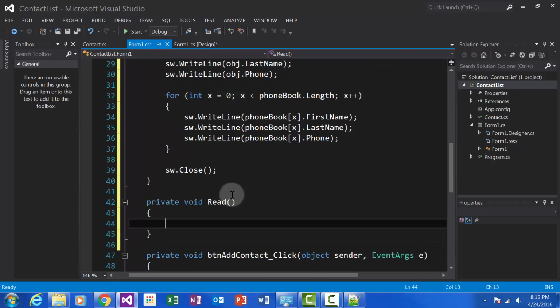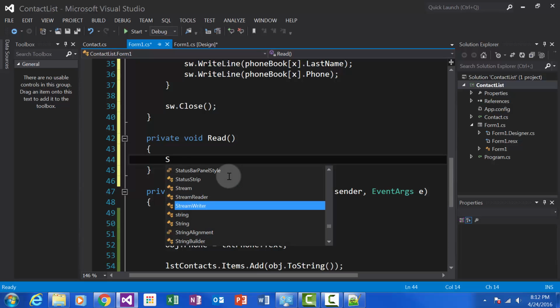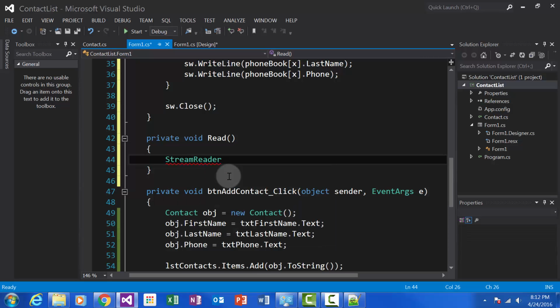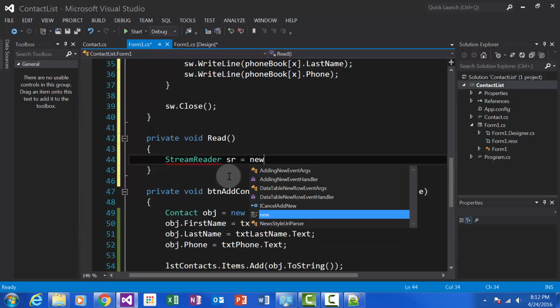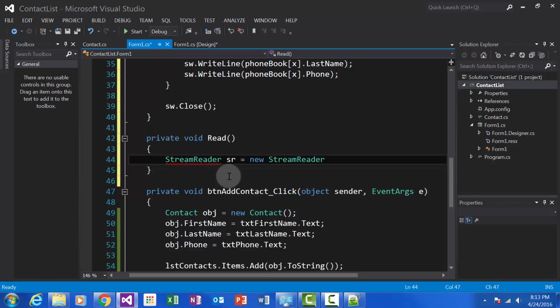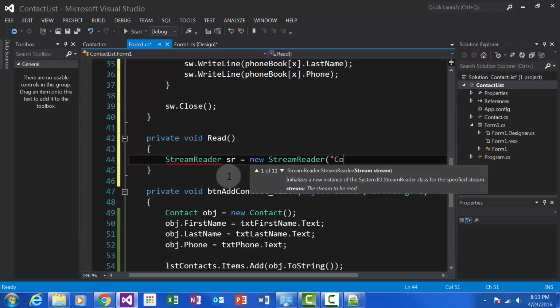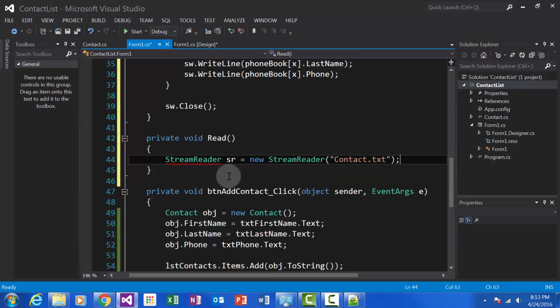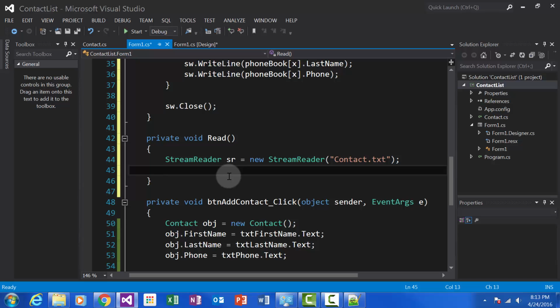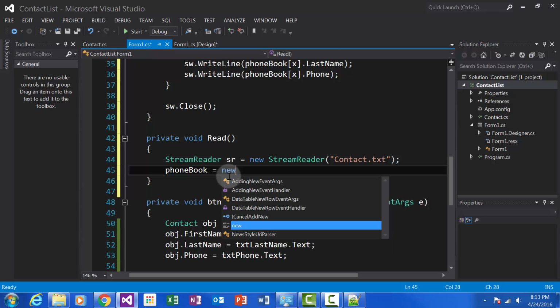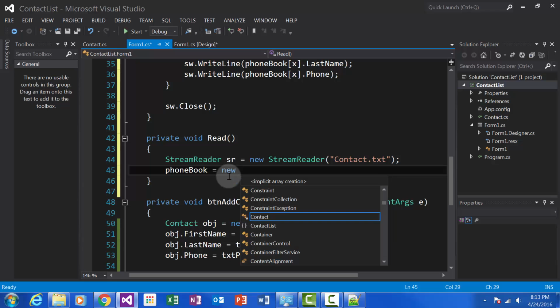arguments. Okay, so now we need to build a stream reader, and that's going to be sr equals new stream reader, and we're going to use our text file that has all our names in it. Okay, and then from here we're going to use our same array variable. It's called phone book, but this time we're going to point to a new array. So this is kind of like the dynamic array that we did last time. So we're going to do something very similar. So new,